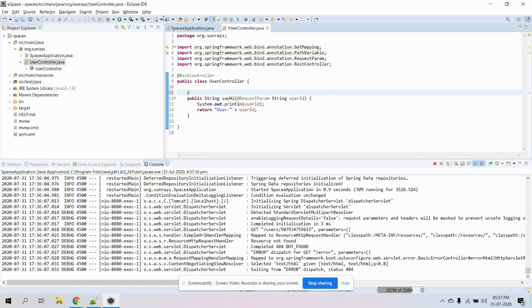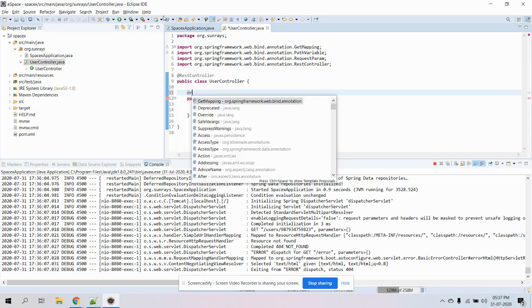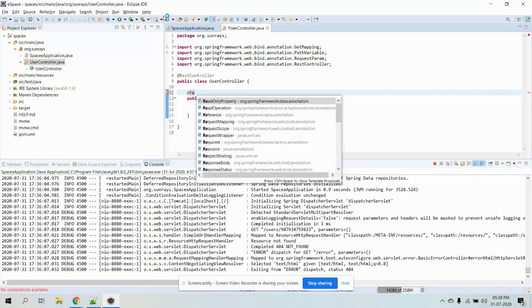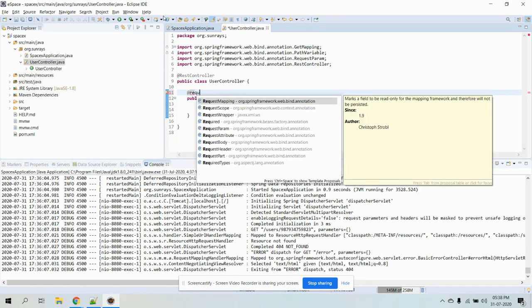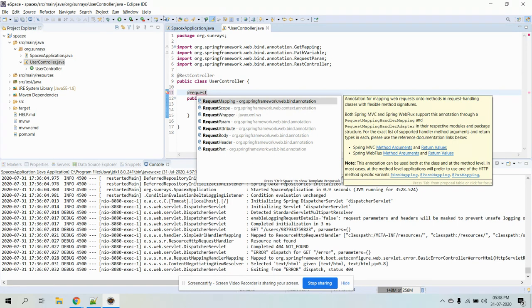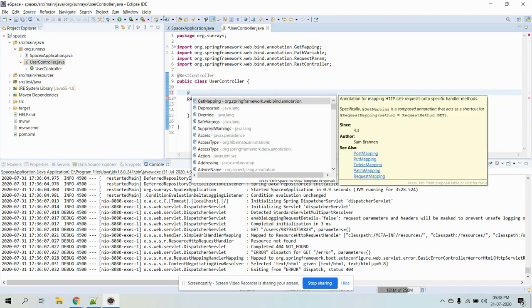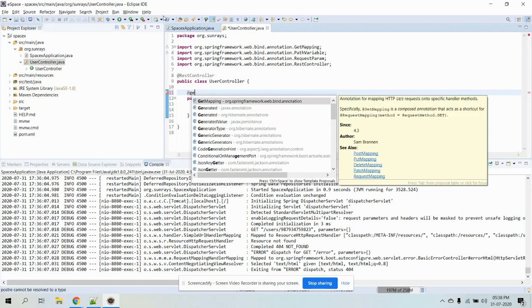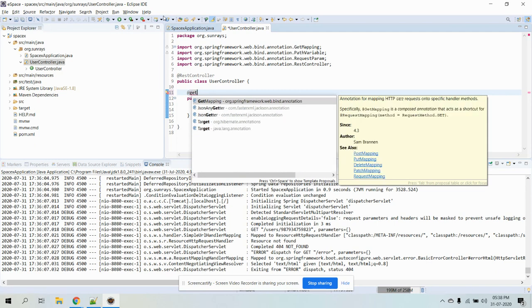To associate it with a REST endpoint, I have to use an annotation, maybe the request mapping annotation. If we use request mapping, we need to mention whether it is a get, post, put or delete request. Or we can directly use get mapping, post mapping, delete mapping, put mapping. Those annotations we can use.